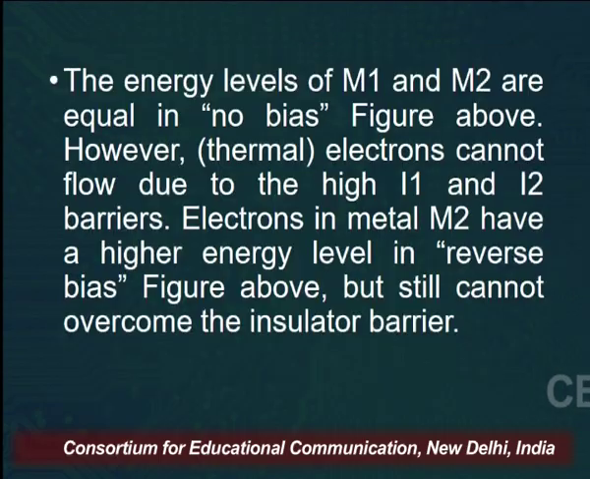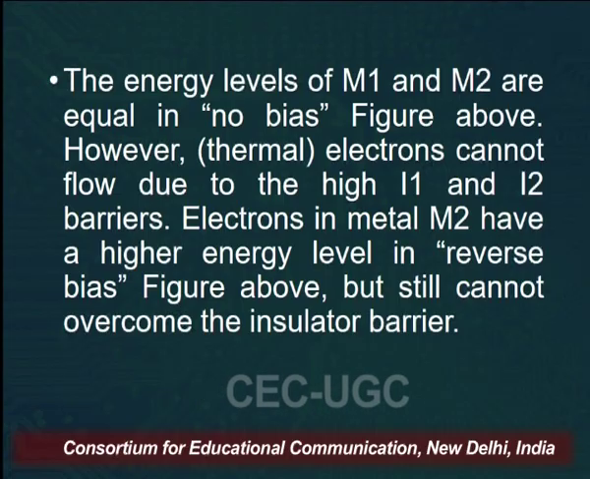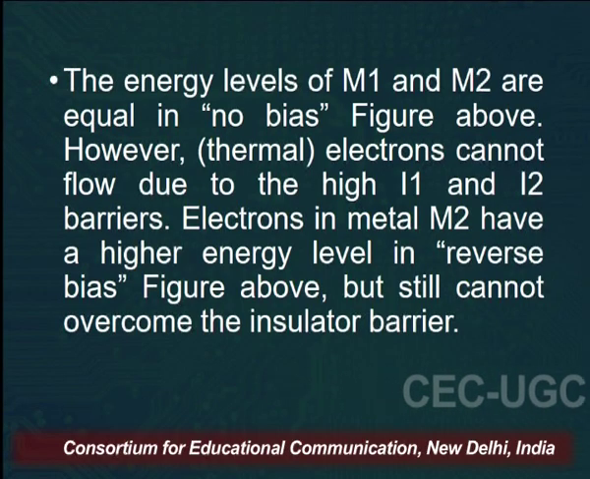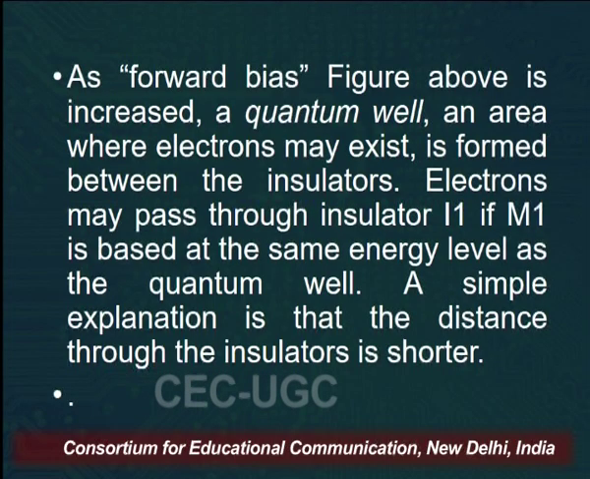Electrons in the metal M2 have a higher energy level in the reverse bias. We have seen that M2 is higher in the reverse bias, but in the forward bias M1 is higher. So, even with a higher energy level in the reverse bias, the electrons still cannot overcome the insulator barrier. So, if the forward bias